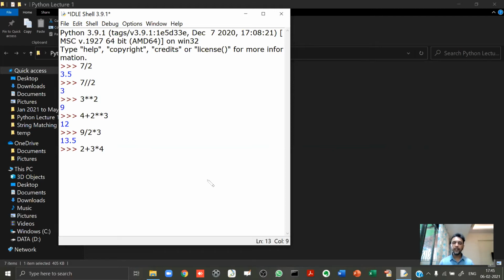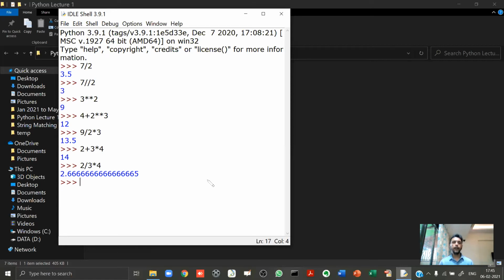So why did I say that the associativity is left to right? See, once again, please understand the concept of associativity comes into picture only when two operators have same precedence. If two operators have different precedence, then obviously their precedences will be used. So multiplication has a higher precedence than plus. So over here, obviously multiplication will be done first. Although if it would have been something like this, then obviously division will be done first like this.